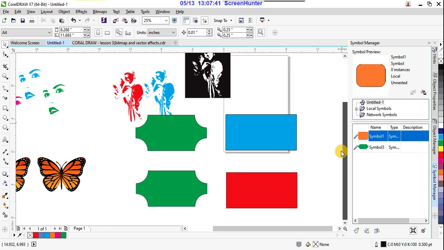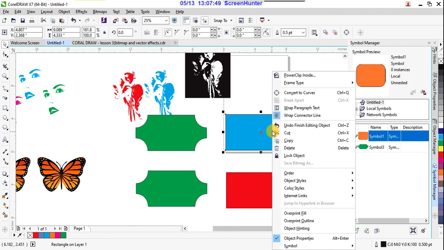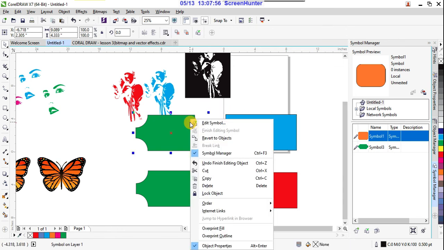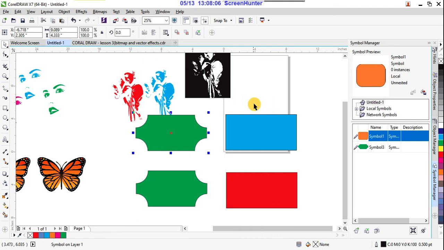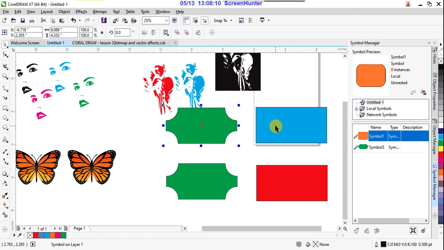See, these two are symbols, and these are not symbols, because these were already converted by Revert to Object. If you click Revert to Object, this also will convert into an object only. So this is all about symbols and objects.